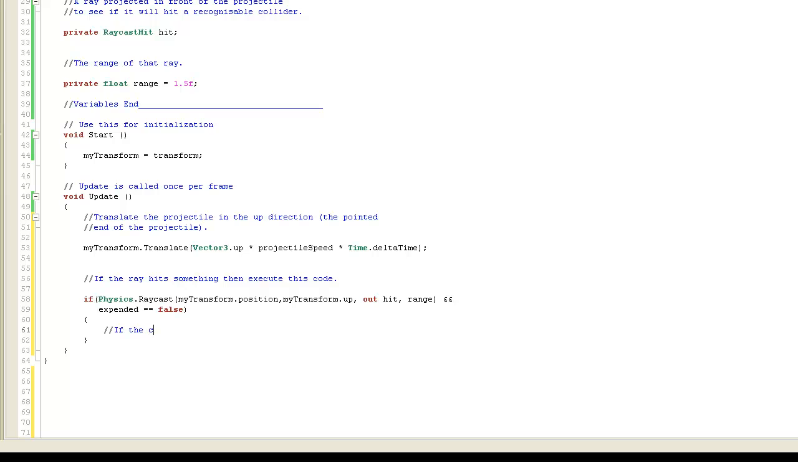So if the collider has the tag of floor, then we'll execute the following code. So if, we'll use another if statement. Remember we had that out hit. So now let's check what is hit. What is this thing that's been hit? So if hit